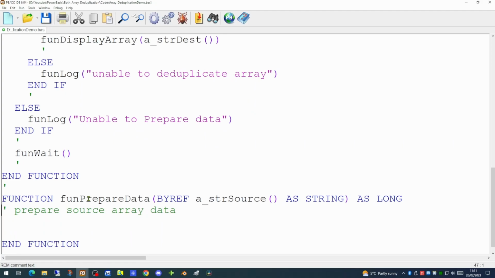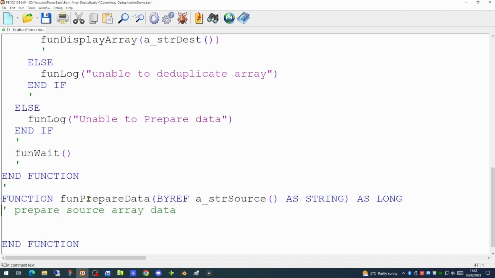This allows this prepare data function to populate the array of memory referenced by the parameter. This means any change we make to this array is reflected in the source location. So by doing this, it allows us to update the array. So when we pass back control to the calling function, all its data will have been updated because they are both in exactly the same location in memory.